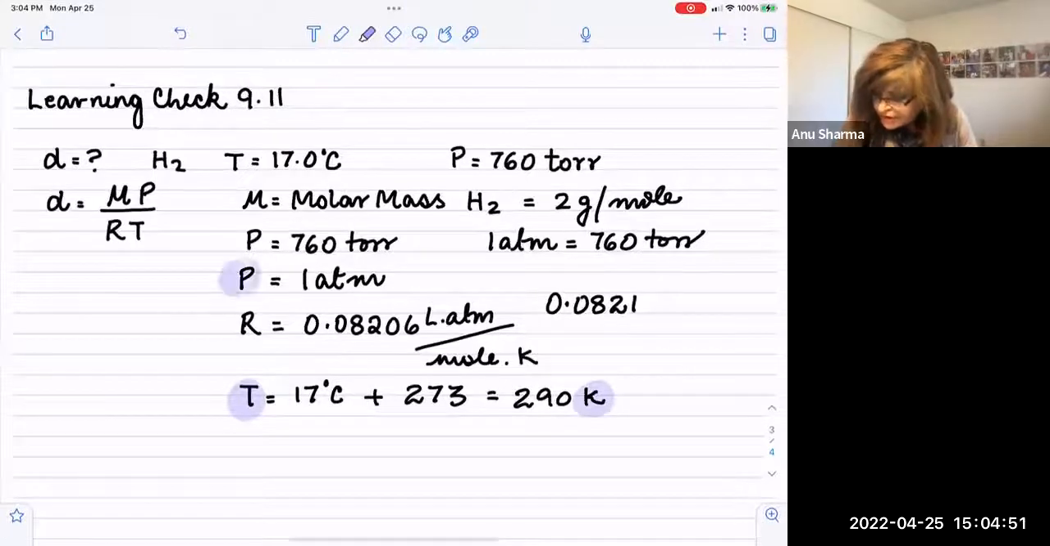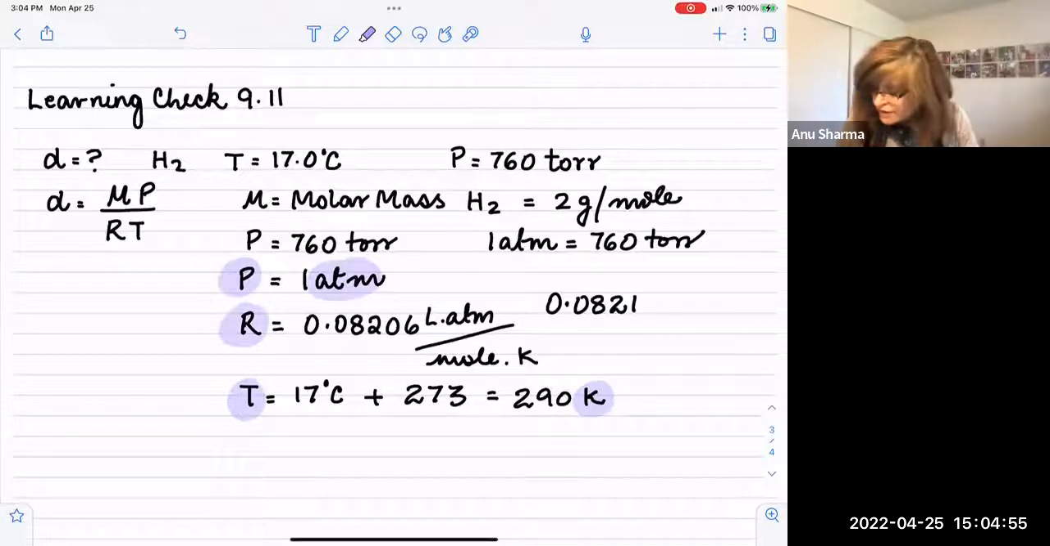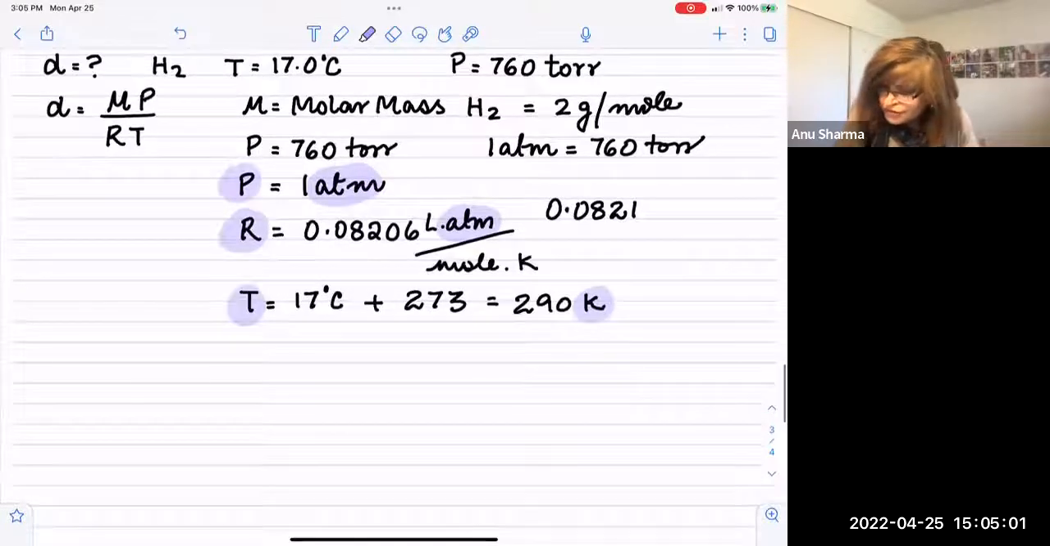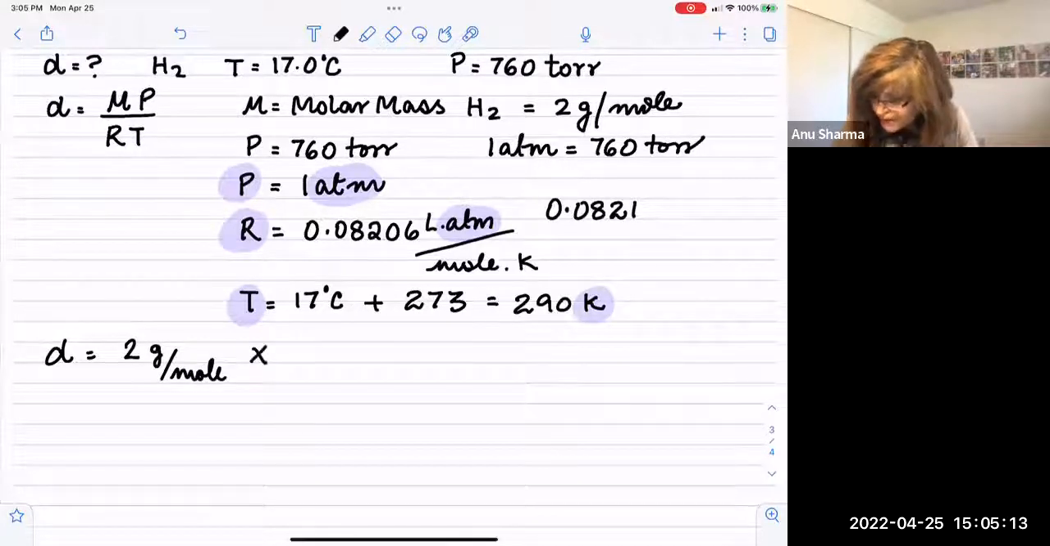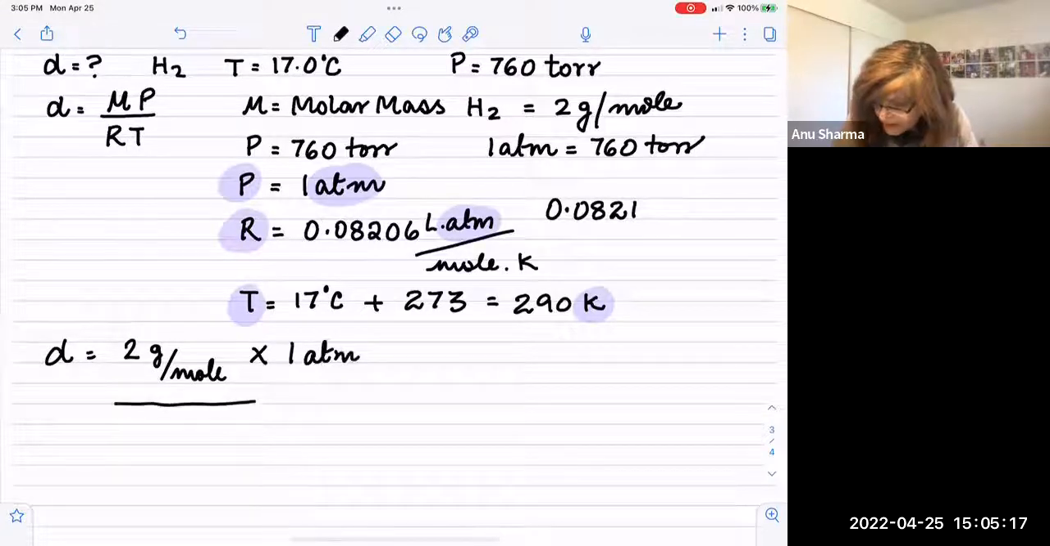The pressure is in atm, especially because of the value of R, the gas constant, and the molar mass right now we are going to use in grams per mole. Okay, so let's now just plug in the numbers. D is equal to the molar mass, 2 grams per mole, times the value of P, which is 1 atm, over R,